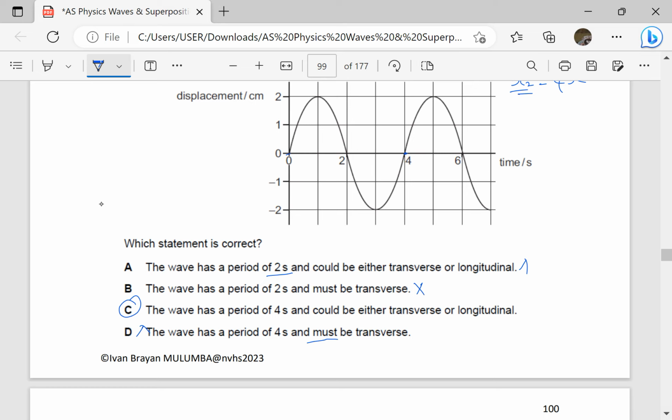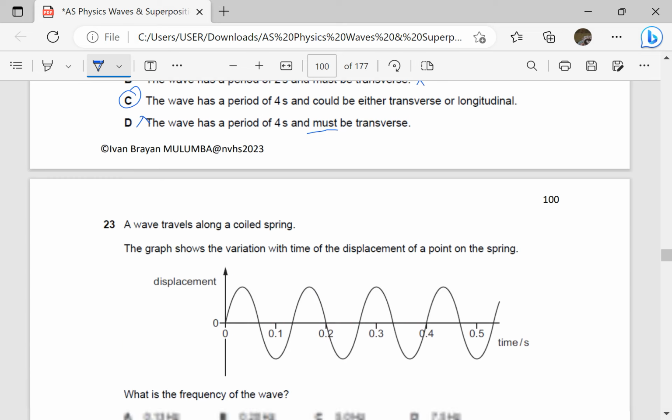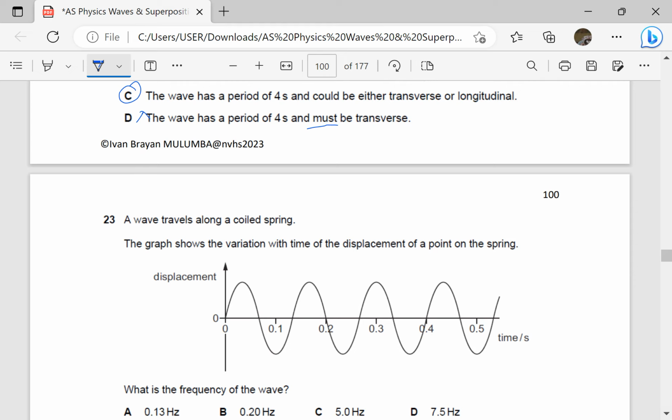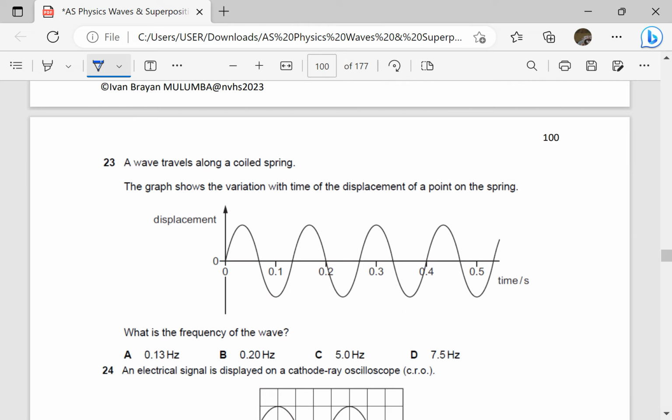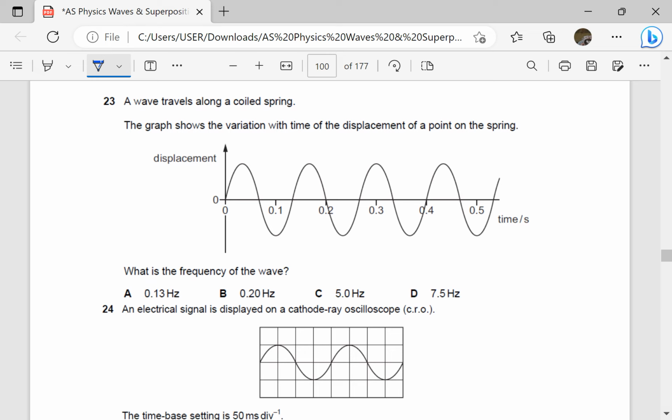The wave has a period of 4 seconds. It could be transverse or longitudinal. A wave travels along a coiled spring. The graph shows the variation with the time of the displacement of a point on the spring. So displacement against time. What is the frequency of the wave? This is easy. Frequency is going to be 1 over period, and this is going to be 1 over